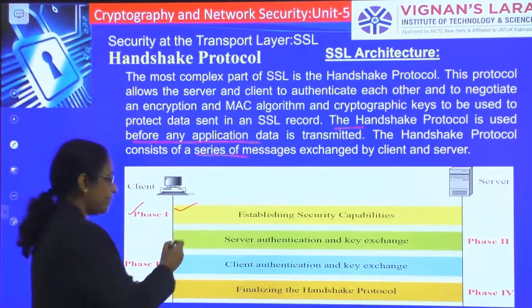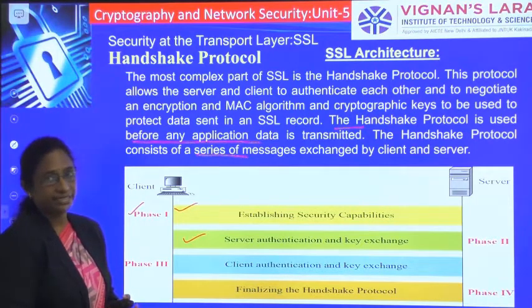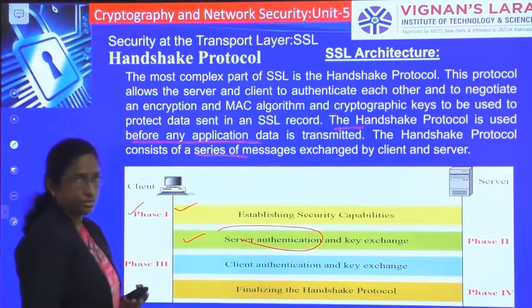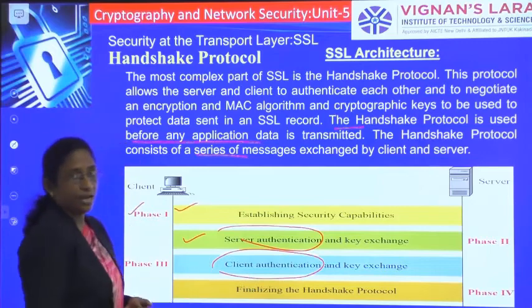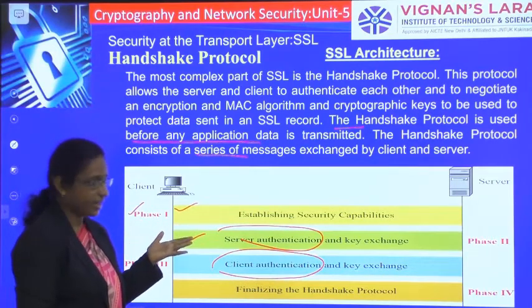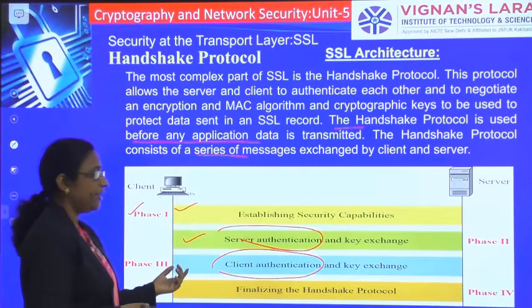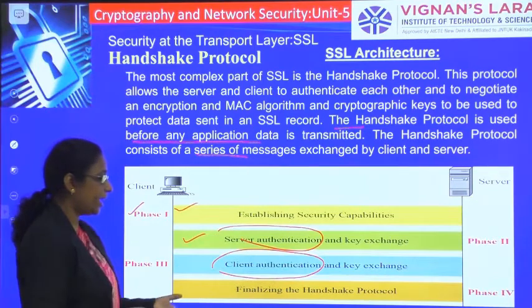In phase 2, the server authenticates itself, whereas in phase 3 the client authenticates, by exchanging some keys and some certificates.